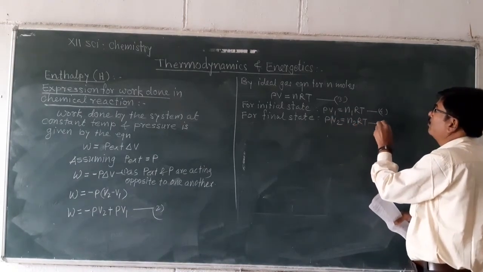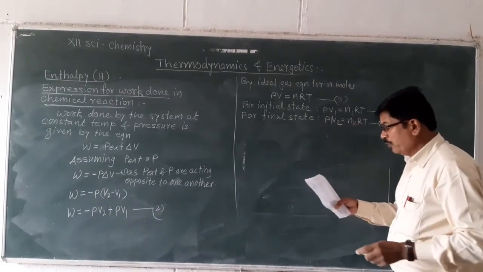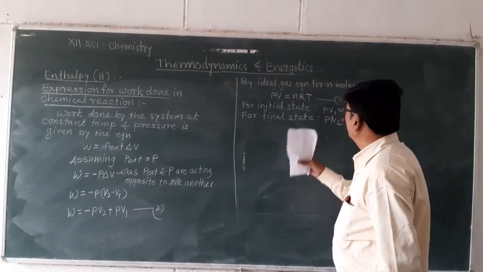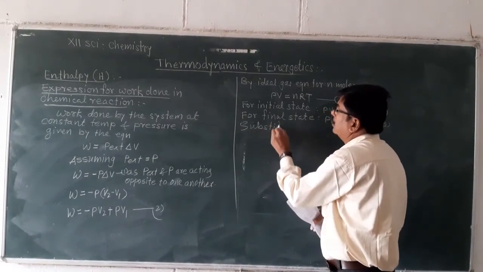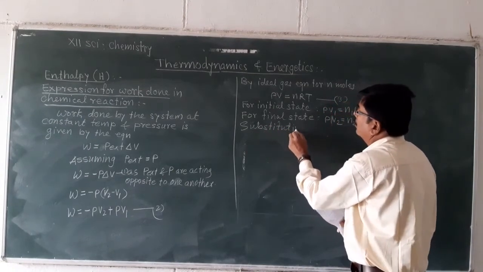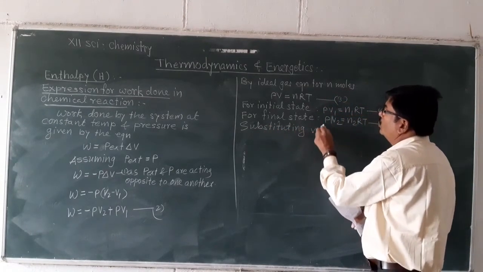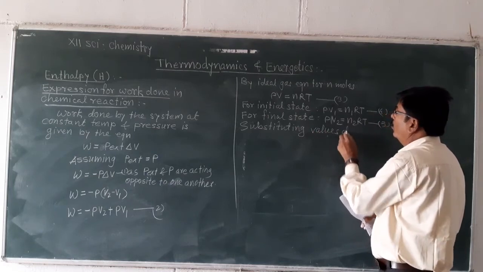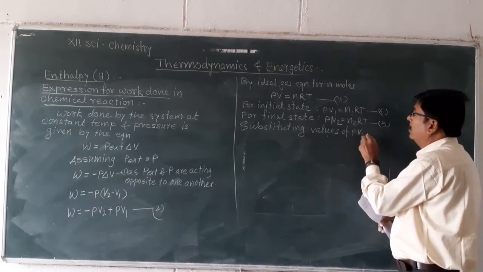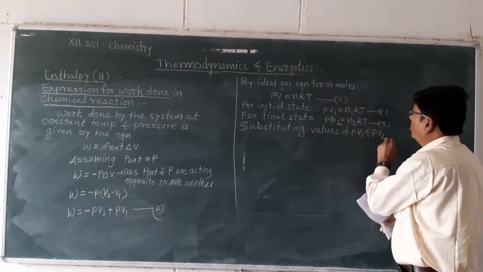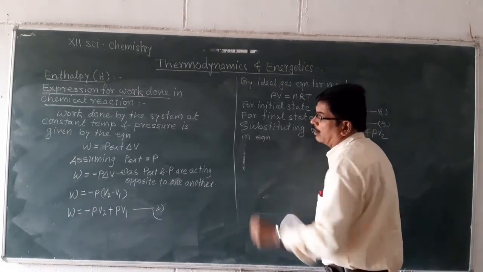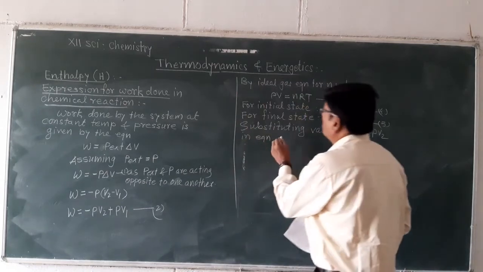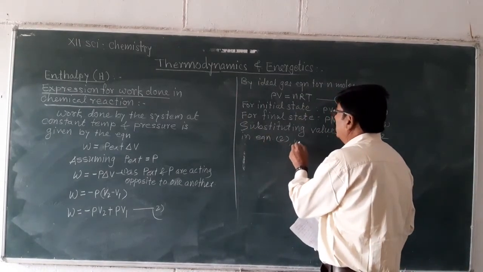This is equation 5. Now if you substitute the values of PV1 and PV2 in equation 2, we get